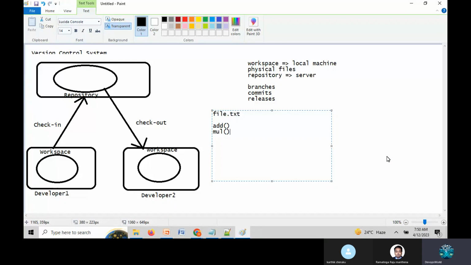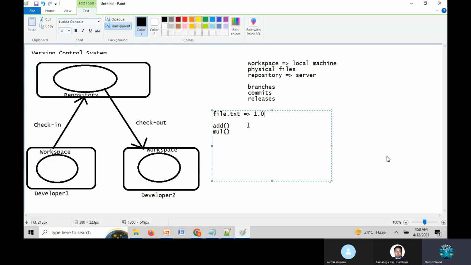I'm giving an empty file. Let us assume the empty file is version 1.0. Whenever we add these two, the add methodology and the multiplication methodology, it is called version 1.1.